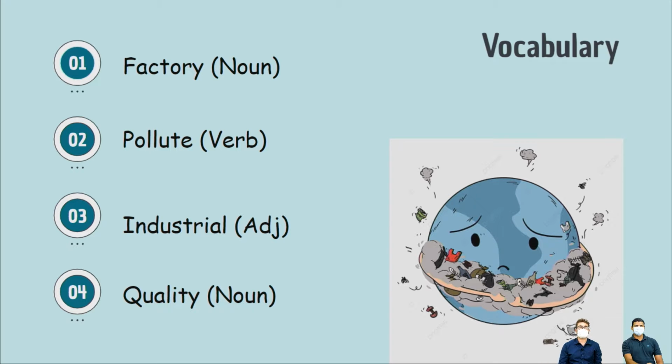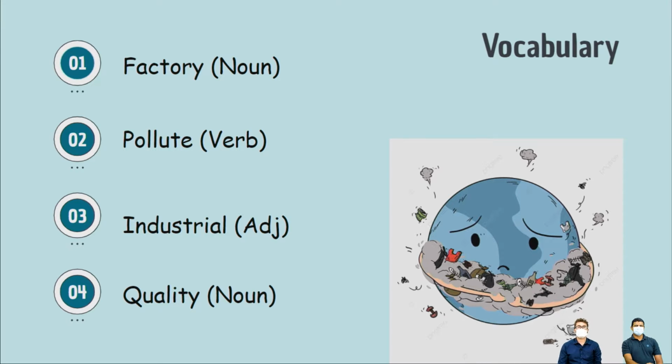Number one, a factory. A factory is where all the products come from. So a chocolate factory is going to produce all the chocolate with the packaging and make the chocolate in a factory. So pollute, which is the verb, actually means to create pollution. So in a factory, if you make a chemical, then after making the chemical, you pollute the environment. So pollute is a verb which actually means to create pollution.